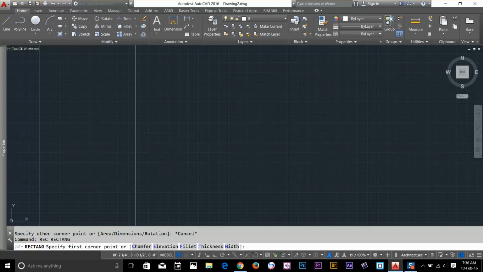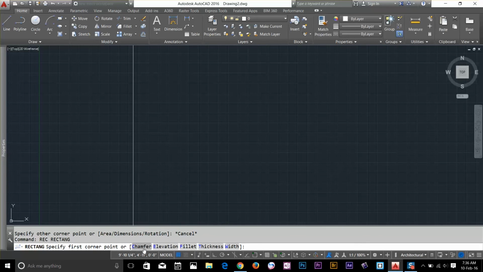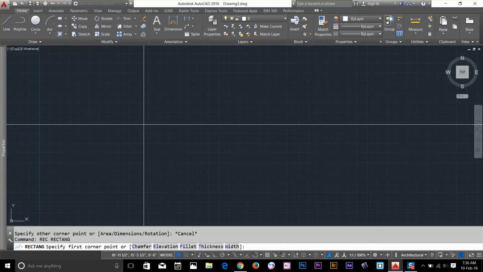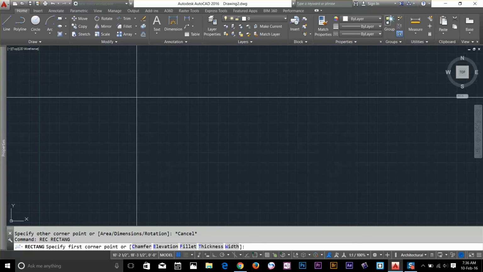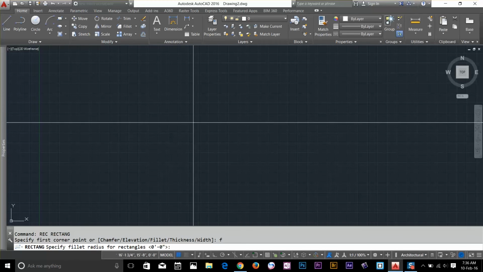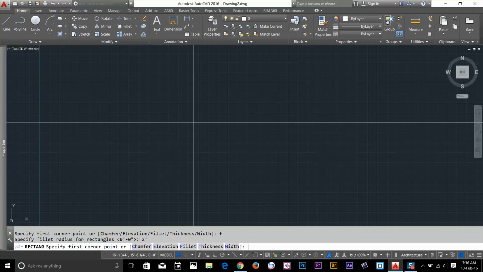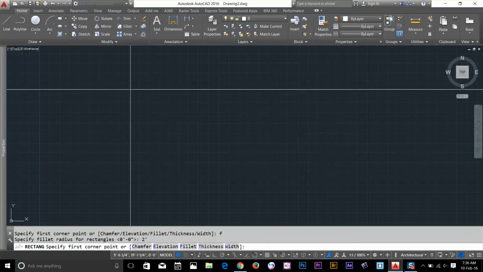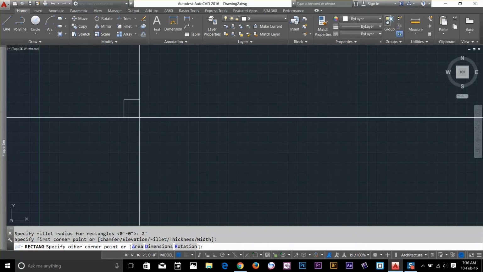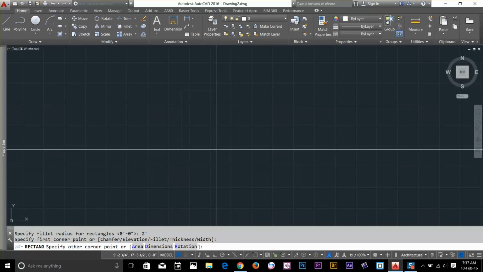so if I start my rectangle command, as you can see, I told you guys before that anything with the blue, C, E, F, T, V, W, those letters can turn on those commands. So I'll show you the fillet first, what fillet does. I'll type F, enter, and it's asking me the radius of the fillet. So I'll say 2 feet. Okay, once this radius is specified, I draw my